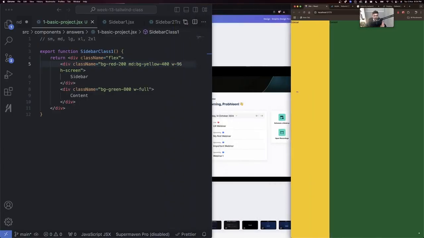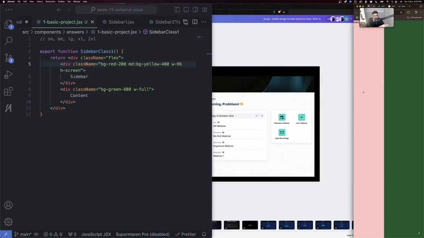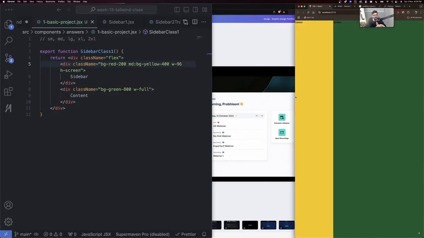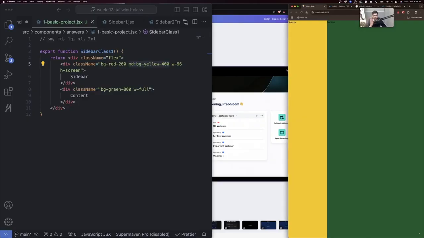If I'm small, this will become 400. If I'm below the MD breakpoint, I am pink or red. If I am above it, I am yellow. Even though I have written MD BG yellow